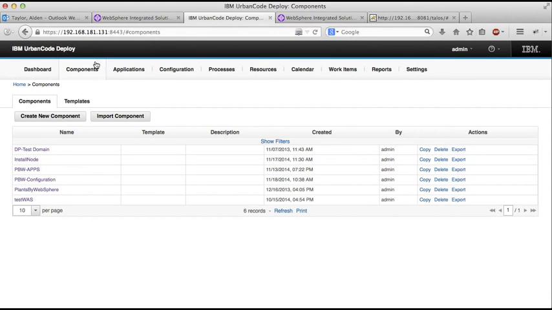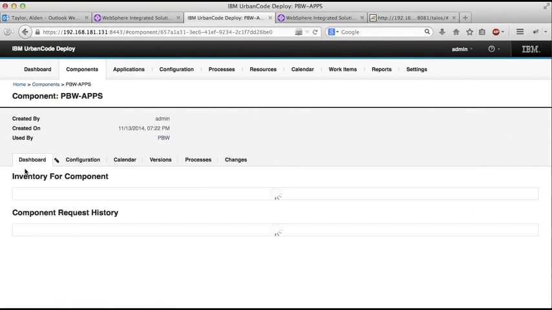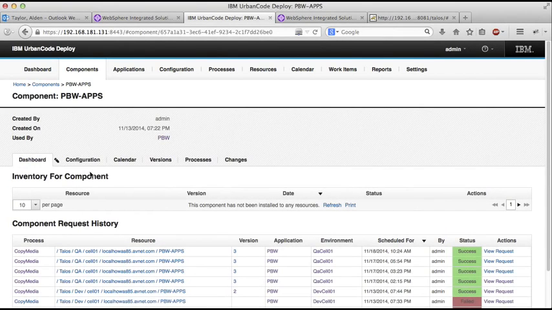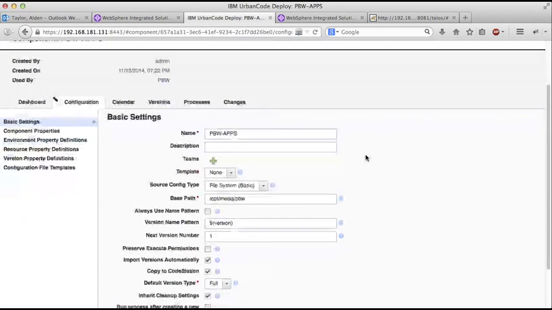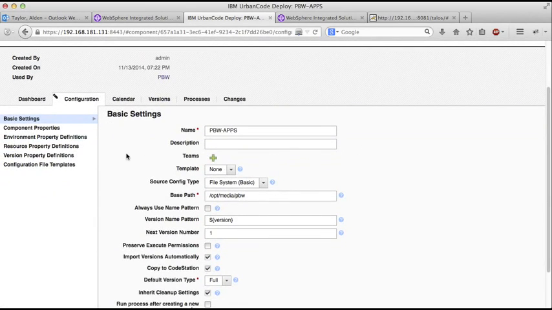So in UrbanCode Deploy, I've got some components defined for my application. I've got PBW apps, which defines the enterprise application that I want to install. And in this scenario, it would be built by my build tool, pulled out from source control, and then that build would be available to UrbanCode Deploy to grab out of its source